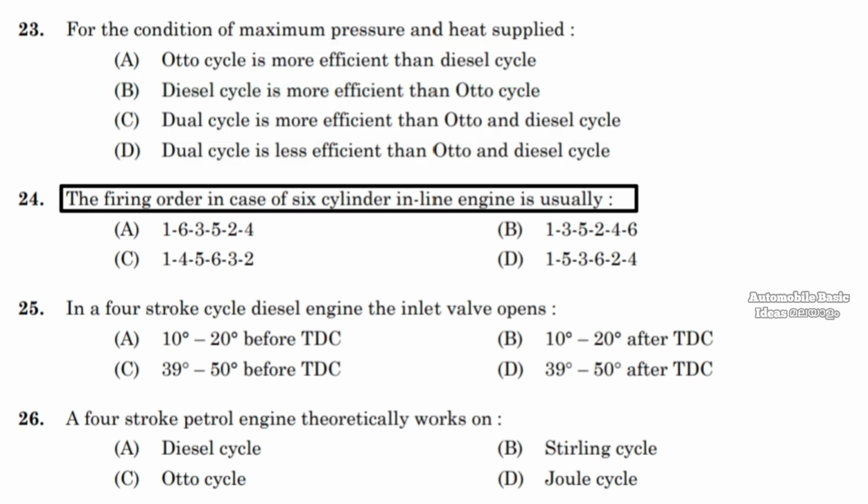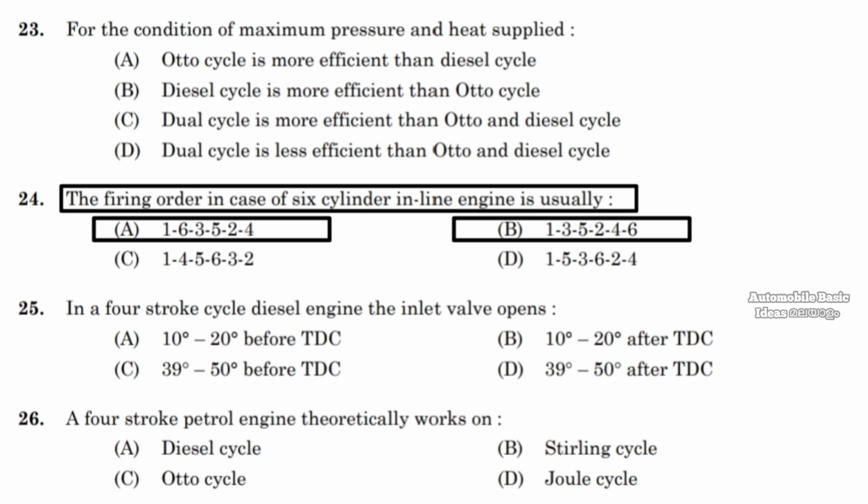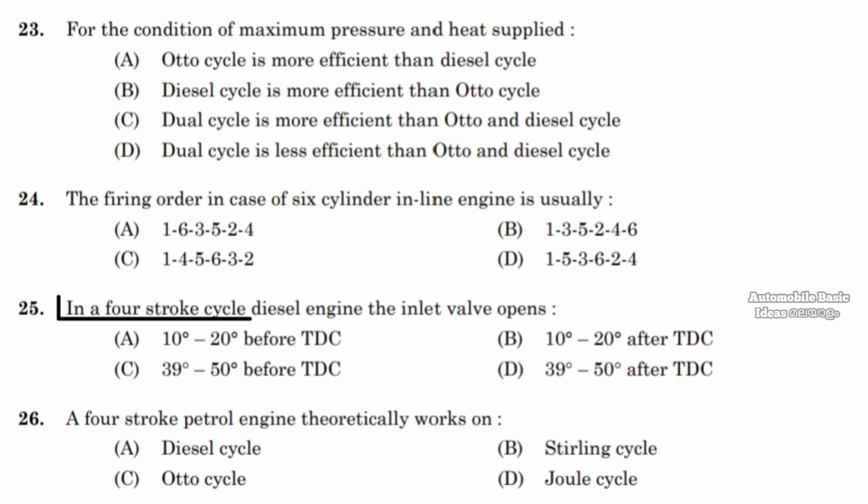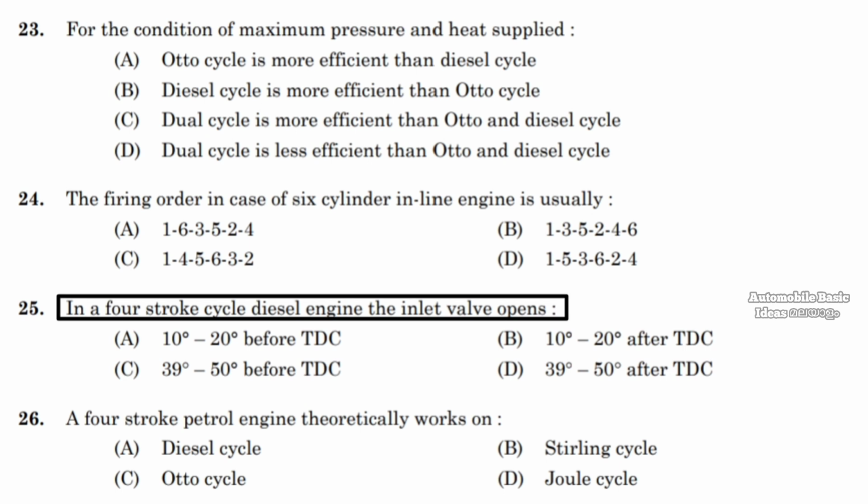24. The firing order in case of 6-cylinder inline engine is usually a. 163524, b. 135246, c. 145632, d. 153624. Answer D. 153624. 25. In a 4-stroke cycle diesel engine, the inlet valve opens